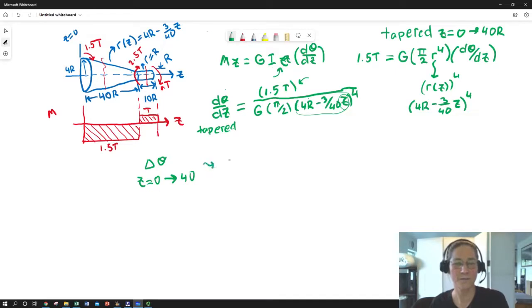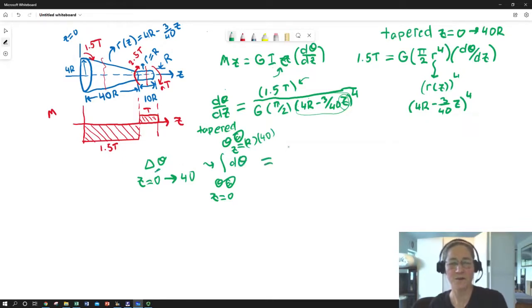So I would end up with the integral from the angle at z equals 0 to the angle at z equals 40r of d theta, which gives me my delta theta, equals the integral from z equals 0 to z equals 40r of,